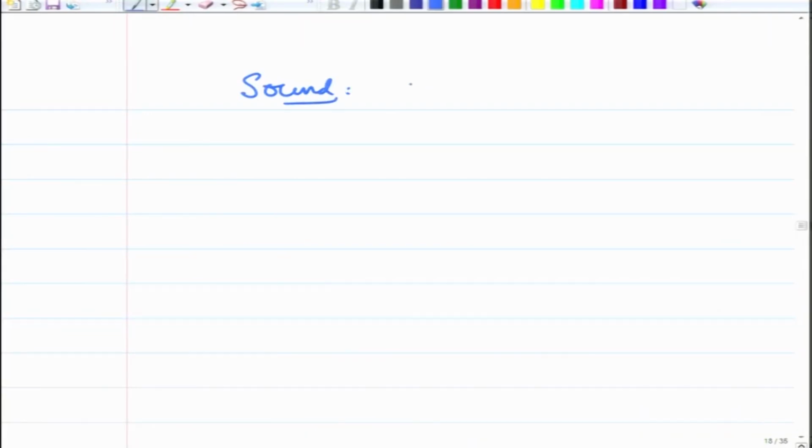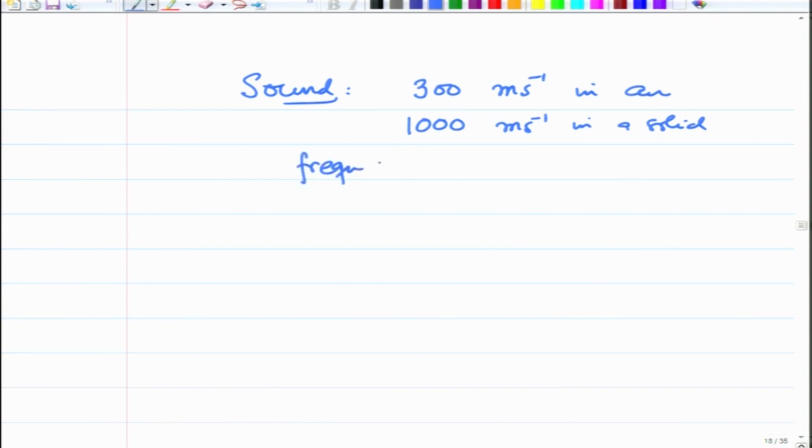Sound, roughly the speed is 300 meters per second in air. Let us say of the order of 1000 meters per second in a solid. It is much larger, but let me take 1000 meters per second, and frequency of our sound is almost of the order of 100 to 1000 hertz. So, lambda of sound is of the order of meters, all right, and